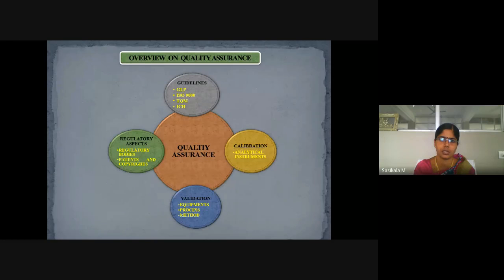Okay. And these are quality assurance guidelines. Under quality assurance, you will perform calibration on instruments. Validation comes when you are going for a research purpose project that you are carrying out in the lab. Mostly you will be depending on clinical work, so you will not be carrying out validation. You will only be carrying out calibration by using the instrumental methods.